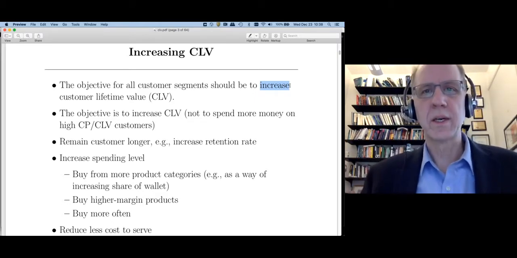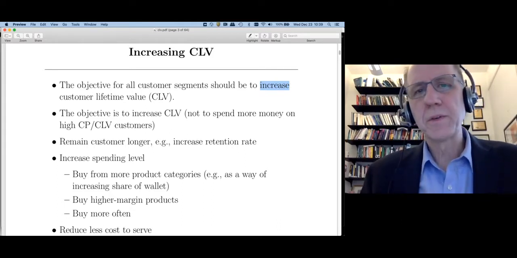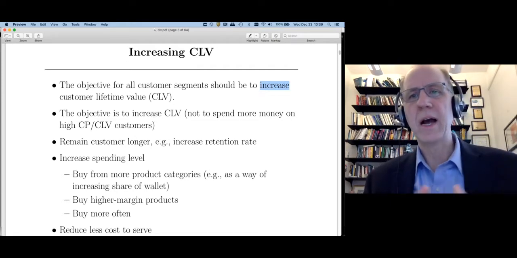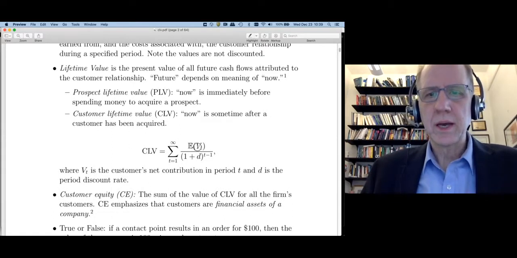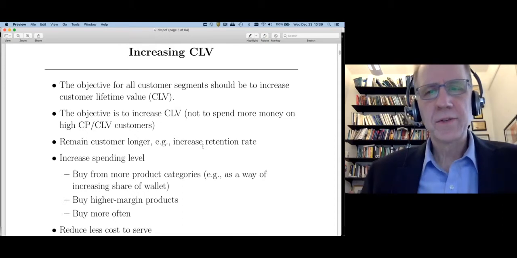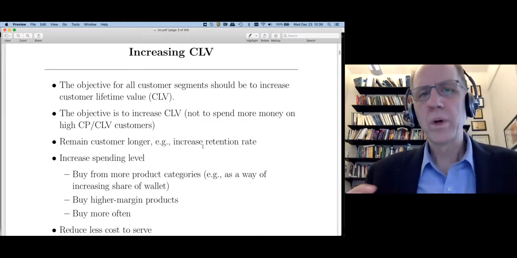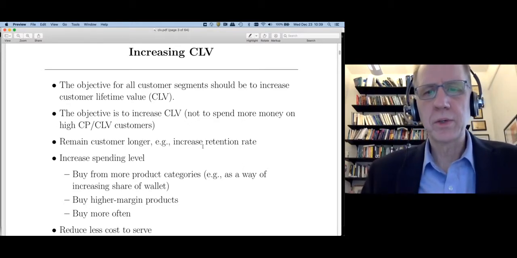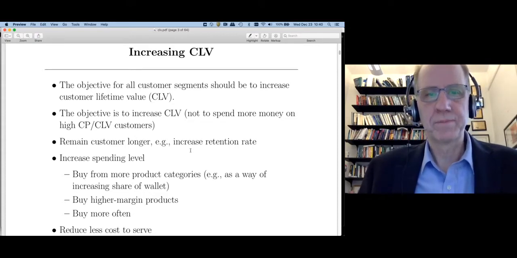We're going to be using this as a guide for our resource allocation. So when you're evaluating different courses of action, the question is, how is this going to affect lifetime value? What that really means is, how can I affect a change on this expected value of V sub t? This slide gives a list of ways of increasing the expected value of V sub t. One of the most important ways to increase V sub t is to have a better retention rate. So do a better job of retaining your customers.